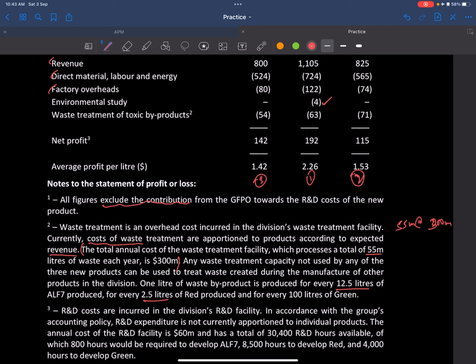2.5 liters of red produced, 100 liters of green produced. So 1 liter of waste byproduct for every 12.5 liters, right? So we need to look out for this number as well, so that we need to calculate the waste treatment cost,